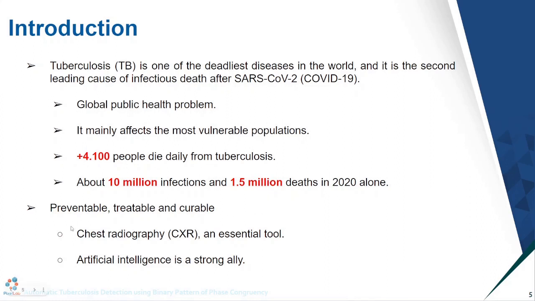Therefore, affordable and scalable solutions, low cost, of rapid response, and easy implementation are essential in fighting tuberculosis to aid in correctly screening, triaging, and diagnosing patients. Thus, chest X-rays, CXR, for all their characteristics, such as low cost, high accessibility, and rapid response, are an essential tool for diagnosing and following TB cases. Meanwhile, advances in artificial intelligence show that AI can also be a strong ally.